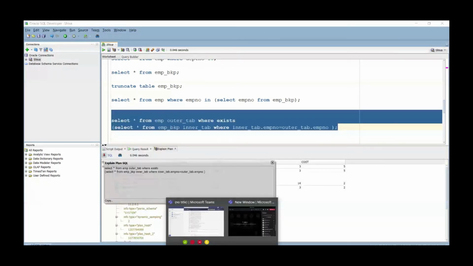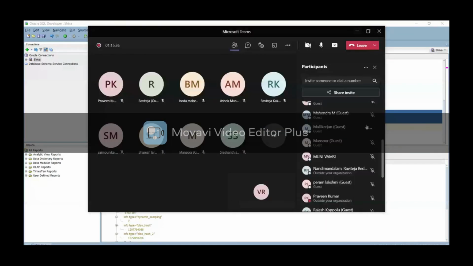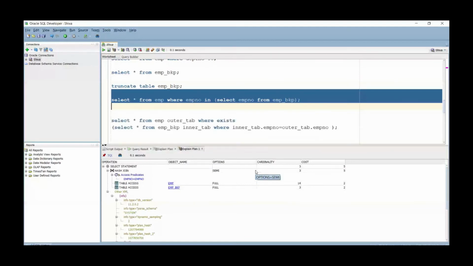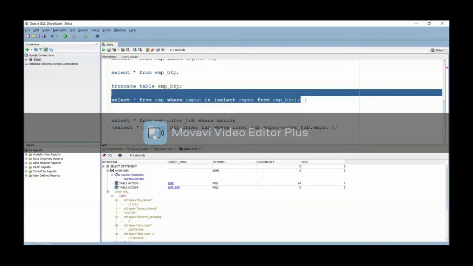If you deal with multiple records, then you will see the output here. The cost will be very reduced, because the IN operator will work like that if you deal with any cube amount of data. We have very little data here, right? Only 14 records. Out of 14, you are trying to fetch only 3 records. So you cannot observe a lot of differences here.